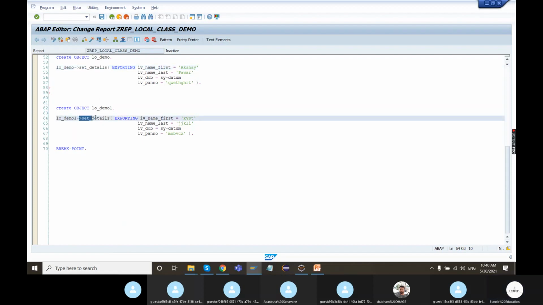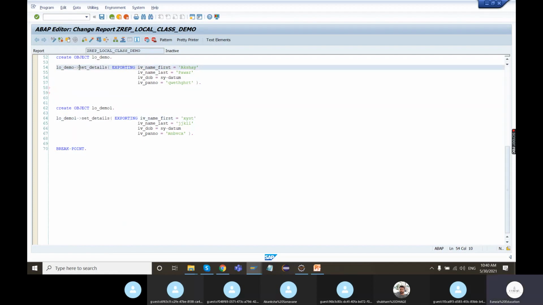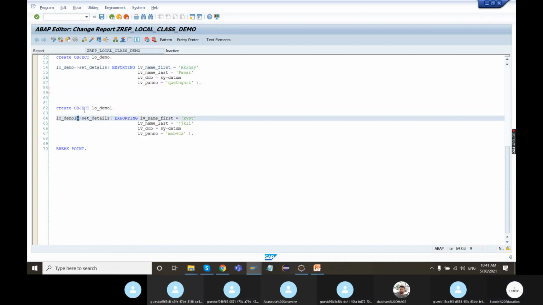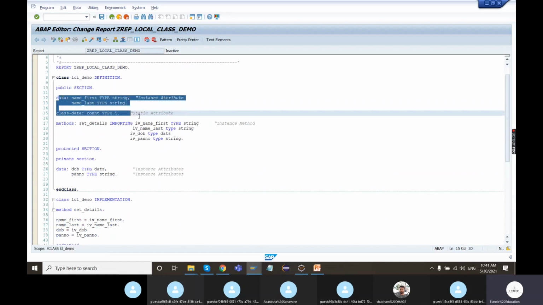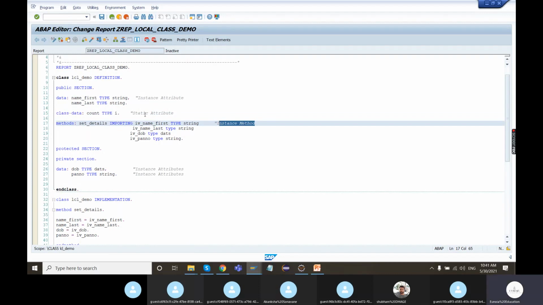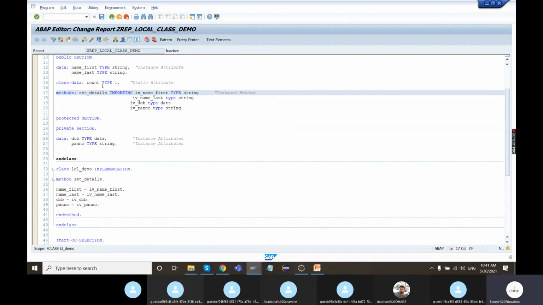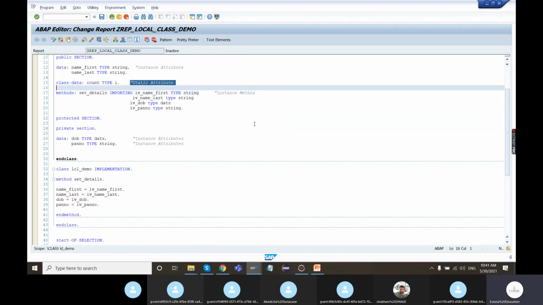This arrow operator is used to call instance methods only. Likewise, we have two types of attributes and two types of methods: instance method as well as static method. First we will explore the static attribute of the class.